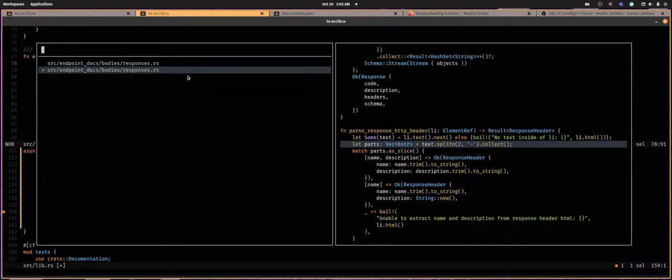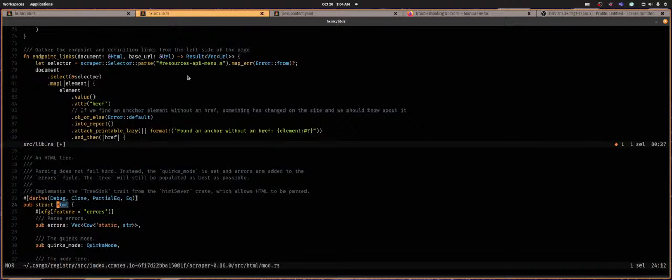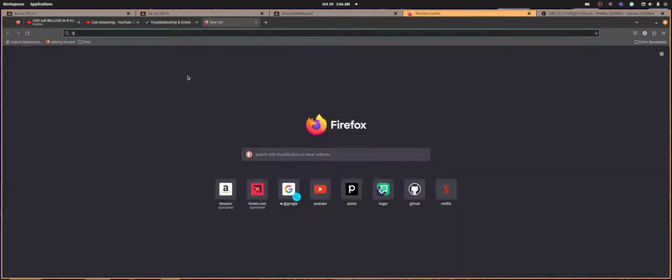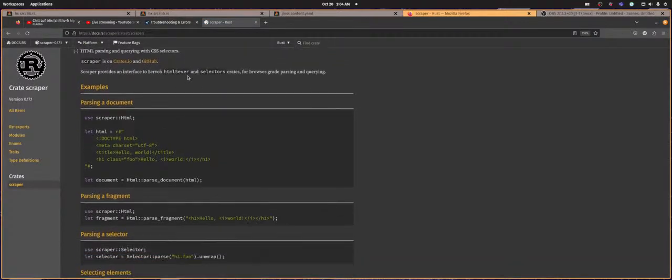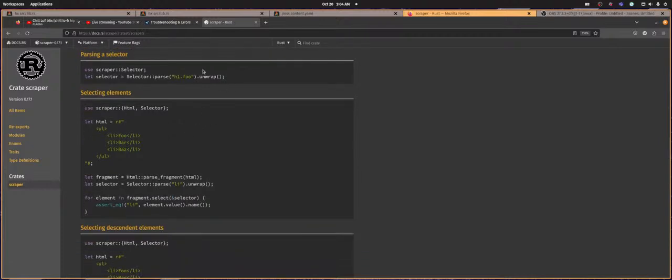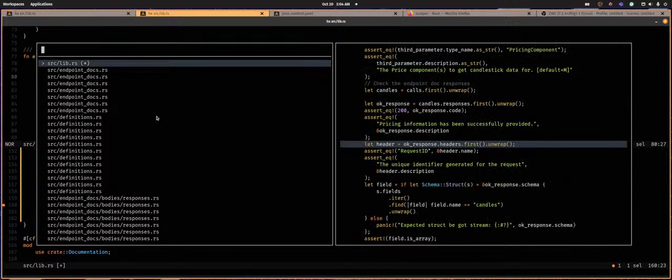Split white space text split n, response HTTP header. I'm just splitting the text, but we somewhere, because we're using the HTML, which is what crate is that? Scraper crate. Let's have a look at the docs. Scraper crate. I think we're literally just going to get the whole thing and then split it up manually. I've got to find where I did it before. Okay, response. Maybe not. This isn't. It's got to be in